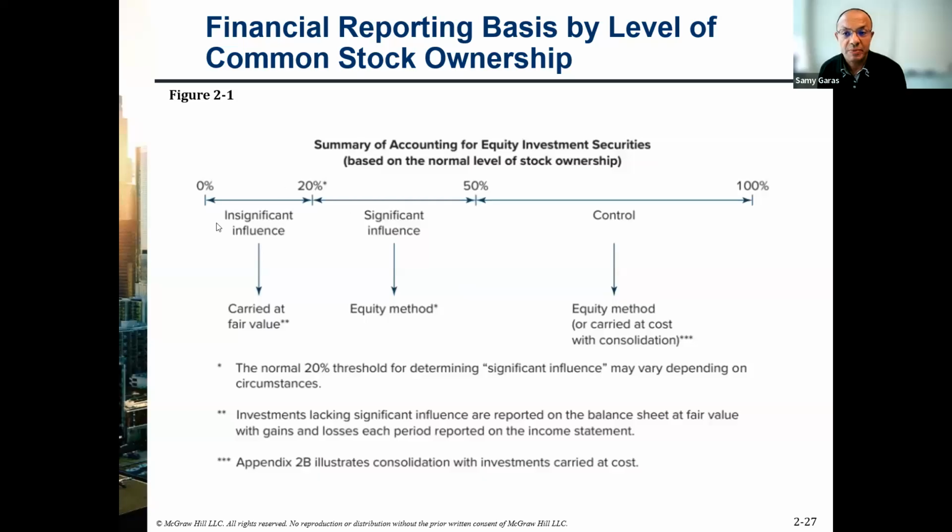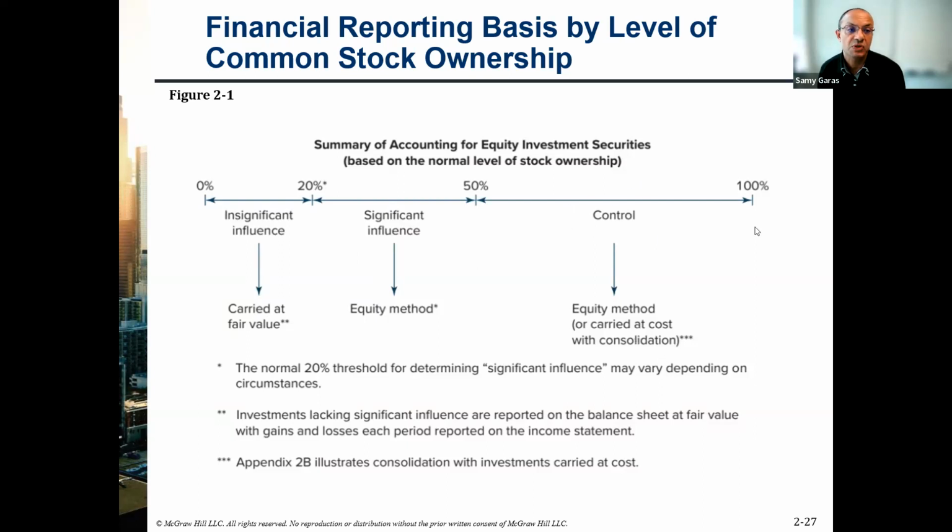And the final thing is to do consolidation. If the parent company is acquiring more than 50%, it can use the fair value or the equity method, but the parent company must use consolidated financial statements. And this is what I'm going to address in this video. So with this in mind, just a quick recap of what we said last time: we have insignificant control or influence recorded at fair value, significant recorded at equity method, and then controlling where we have